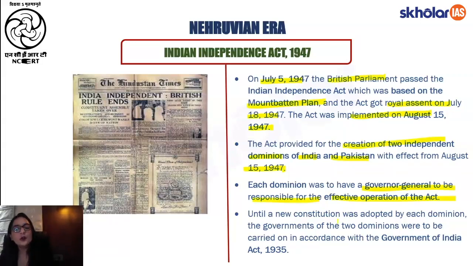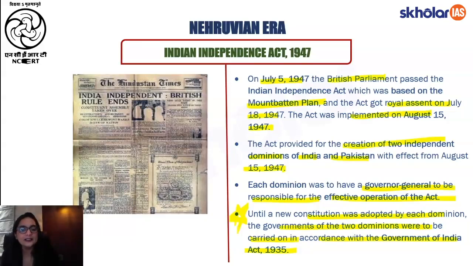Apart from this, a new constitution was adopted by each dominion, wherein the governments of the two dominions were to be carried on in accordance with the Government of India Act 1935. Now, students, this is a very important point. Sometimes it also comes as a direct statement-based question in your prelims examination, wherein you have to remember that before the general elections had taken place, our country was being governed on the policy that was based on the Government